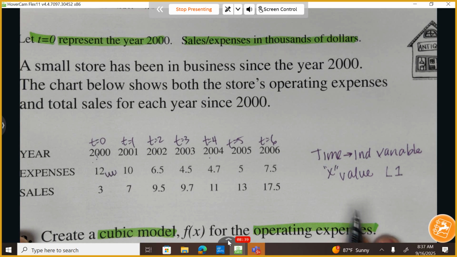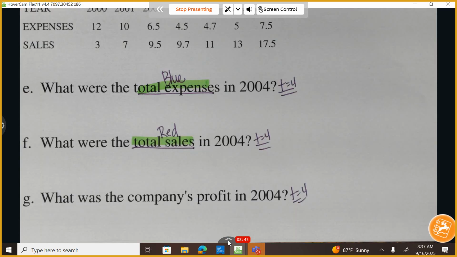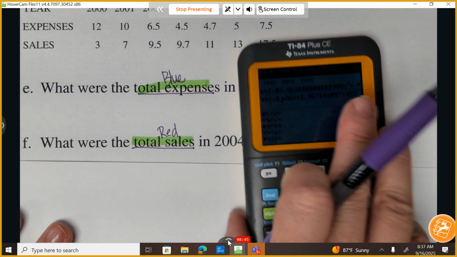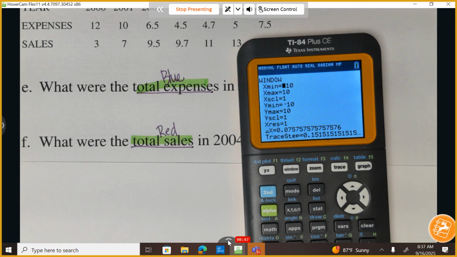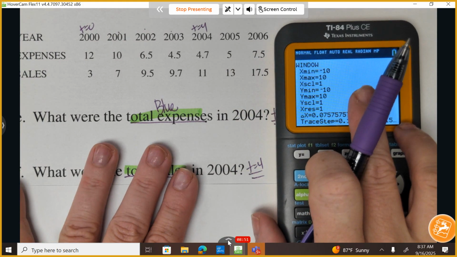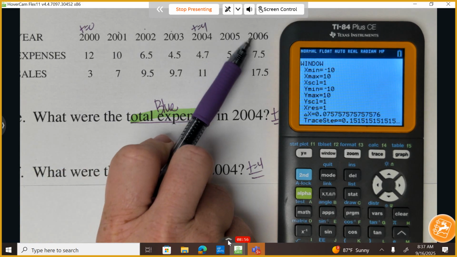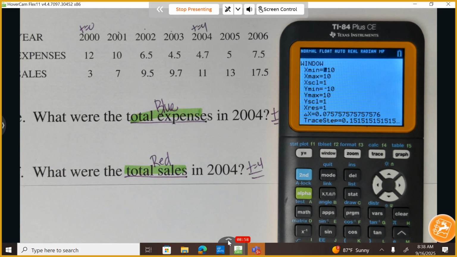We're going to move that decimal 3 places to the right, which is the same as multiplying times 8,000. Why does that matter? Let's look right now. Okay, are you ready? Take your calculator, go up to Window. And we've been learning about domain in the previous unit, which is Unit 3. And so if I only look at this from 2000 to 2006, if that's the only window I look at,